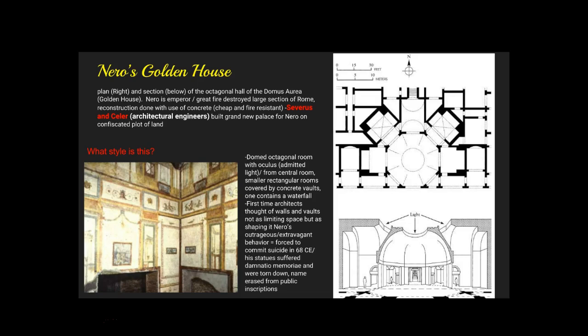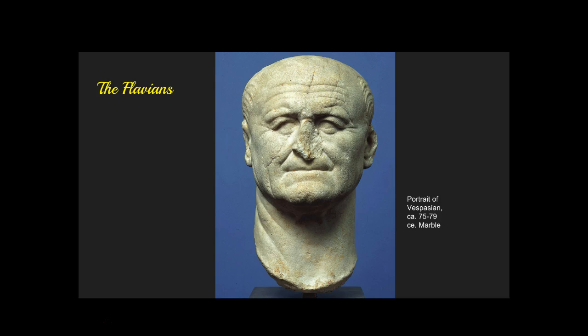Nero, obviously you guys know that Rome had a lot of terrible, terrible rulers. We have Nero, who was an emperor who was basically crazy. We'll talk about him more in class. The Flavians come next. So, Nero was so terrible and he was facing certain assassination, so he committed suicide in about 68 CE, which ended the Julio-Claudian dynasty. So he was basically the end of those Julius Caesar, Claudius dynasty.